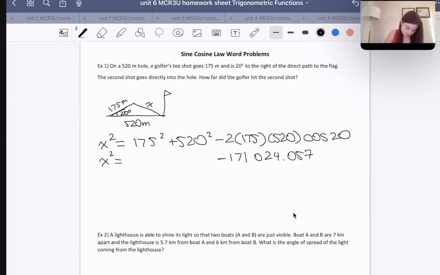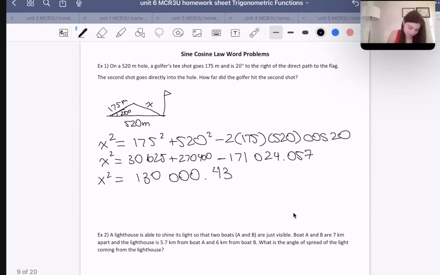Then here we're going to have 175 squared, which is 30,625. Then we're going to have 520 squared, which is going to be even larger. Looks like 270,400. All right, plus 30,625 minus 171,024.57. So in the end, we get that x squared is equal to 130,000.43, which I'll just forget about the 43. I'm more worried about the 130,000. And let's take the square root, and we get